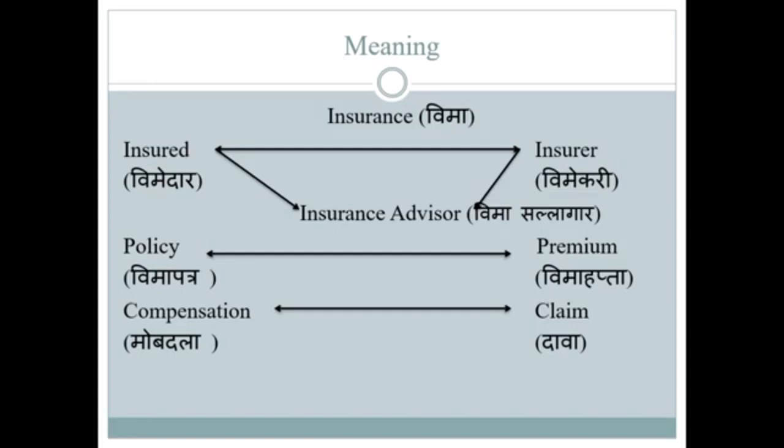After paying the first premium or the first installment of that sum or amount, the insurance company issues a policy document in favor of insured, okay. So in that duration, for example, if it is fire insurance, then the fire insurance is taken for 1 year duration, okay. So in that 1 year duration,